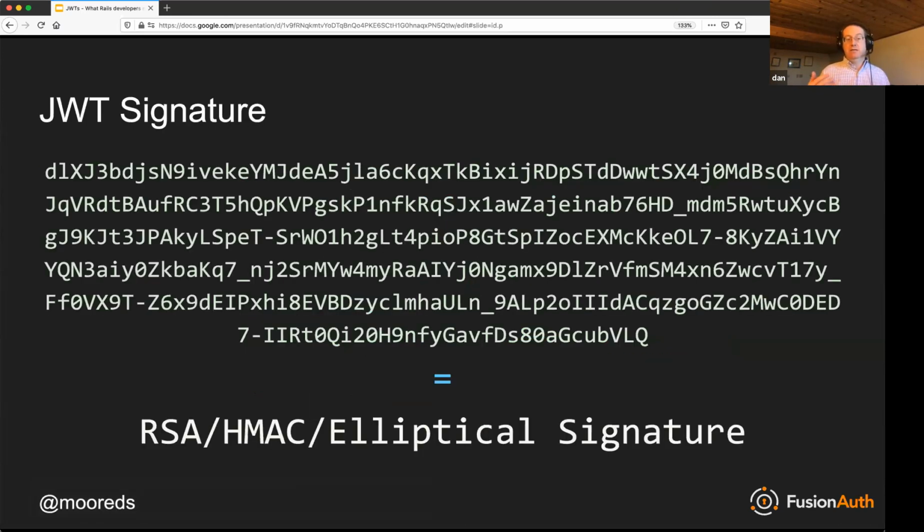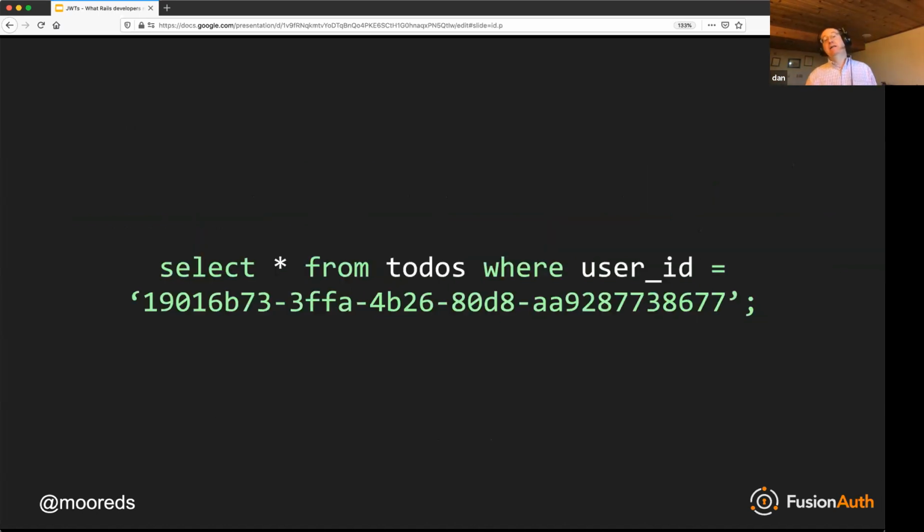And these can be, as I mentioned earlier, RSA or elliptic curve cryptography or HMAC, which is a symmetric algorithm. You have a variety of different options there. The main differentiator between them is symmetric versus asymmetric, which is obviously a huge differentiator. Then it turns into a question of what's the right performance fit for you?